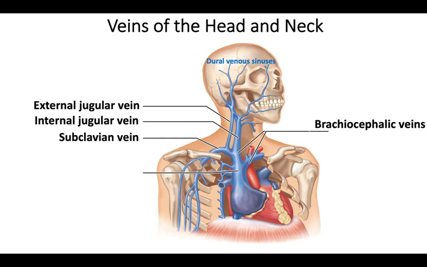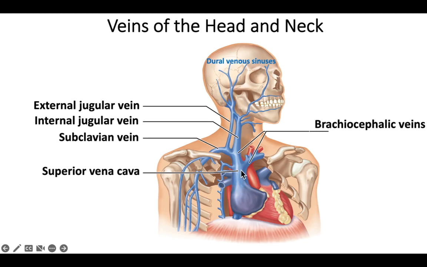So where there was only one brachiocephalic trunk on the artery side, there are 2 brachiocephalic veins, and they're going to merge together to form the superior vena cava. And then that superior vena cava brings the blood into the right atrium. All right, so we just drained deoxygenated blood from the head, the neck. We saw where it's going to eventually go from this right arm, and we all bring that blood into that